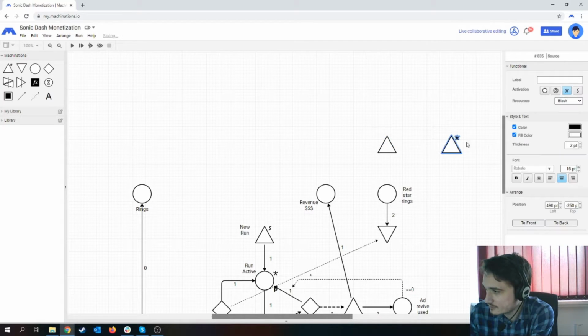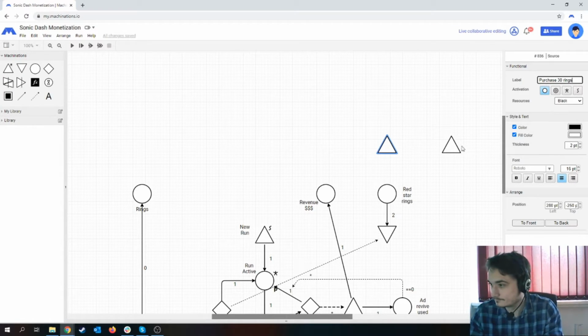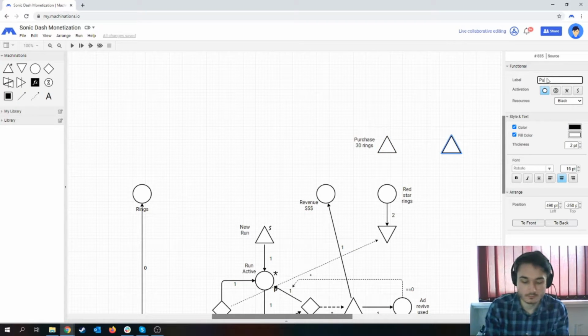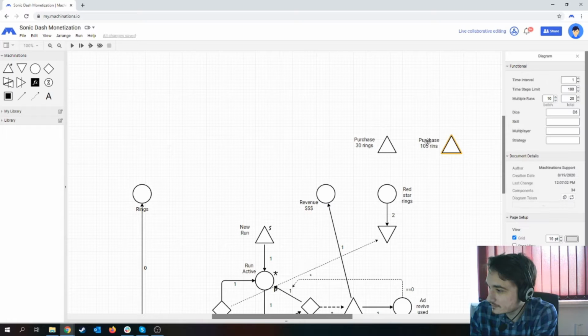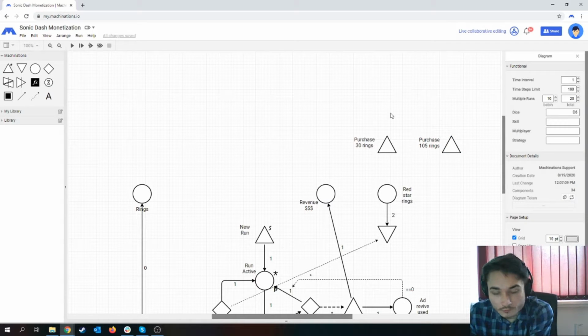those 2 bundles that are the cheapest are actually 30 rings. So let's name the sources accordingly. Purchase 30 rings. Purchase, how much was it? 105. Purchase 105 rings. There's a G here. Okay. So those 2